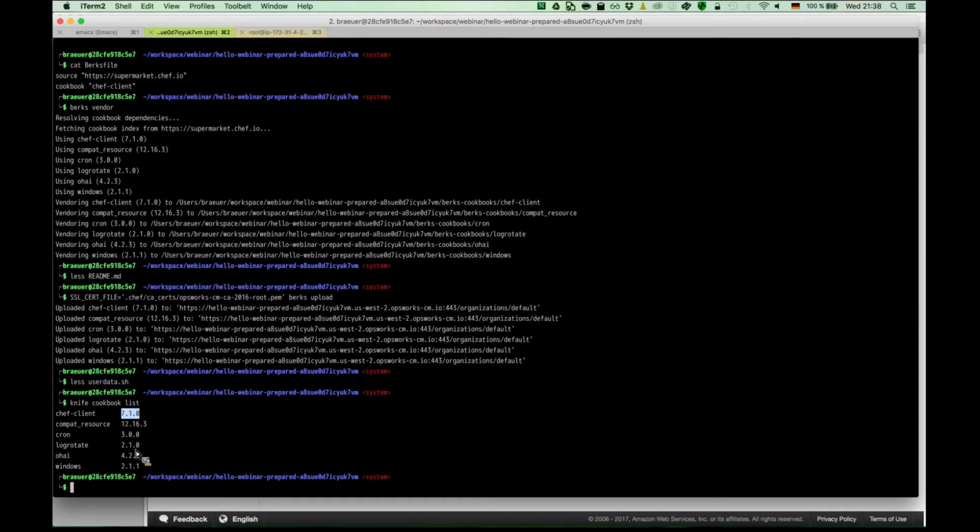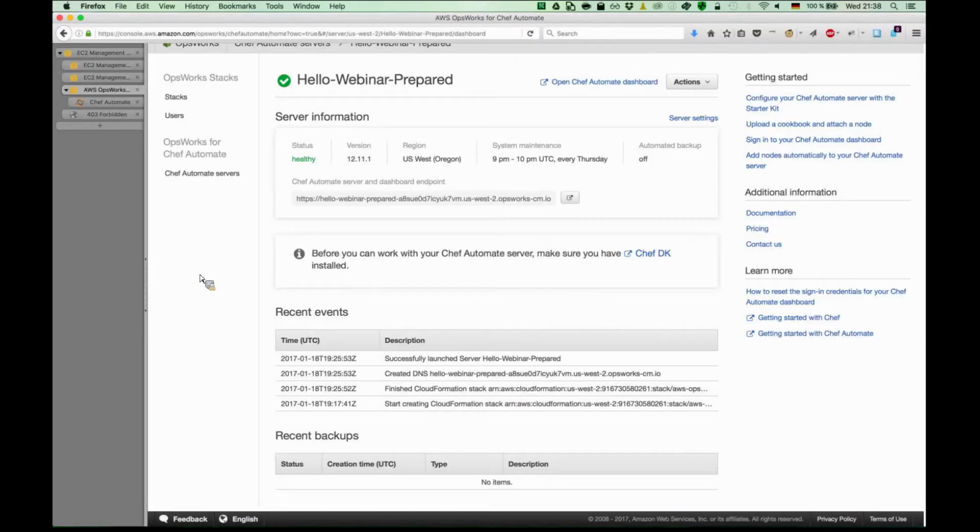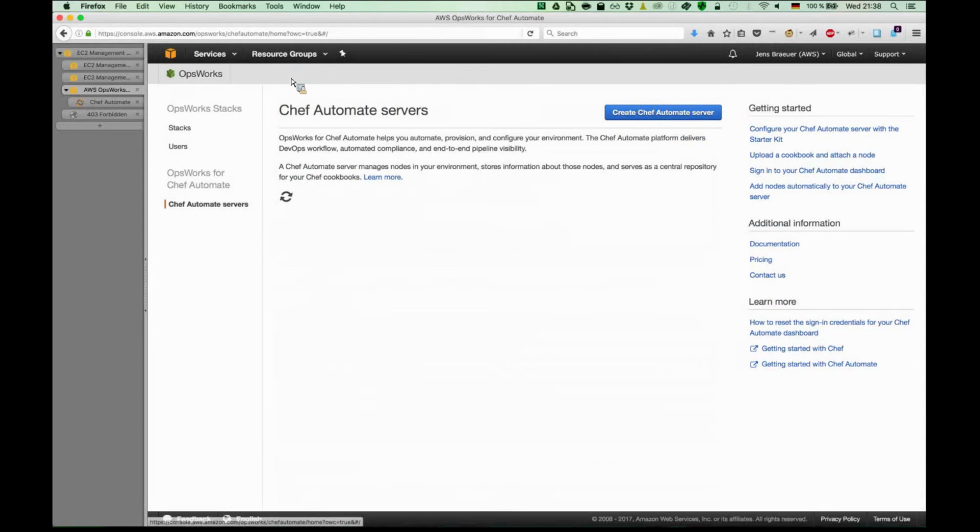But let's take this a bit to the next level, because this is local cookbook development. I think the moment you are starting to treat your infrastructure as code, you probably already have a more sophisticated setup, but you also want to use your cookbooks and treat them like real source code. So you want to prevent errors from happening in production, you want to run tests, make sure there's no typos in it, and you're sure that the stuff that you roll out to production is actually ready to be there. So I built up a short example, and we will use another Chef server